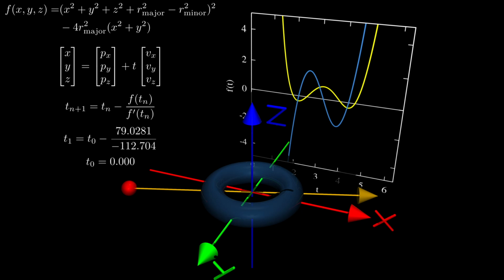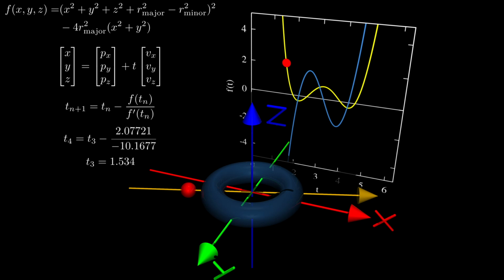So the first iteration, we see t1 now jumps to 0.701, and we can see that it's now got a lot closer to the point of intersection. f(t) has now become 24.3 and f'(t) is minus 49. Okay, so we could then simply drop the value of t1 into this equation here, and we get the value of t2, which would give us this. So t2 comes out at 1.198, and then t3 is 1.534,